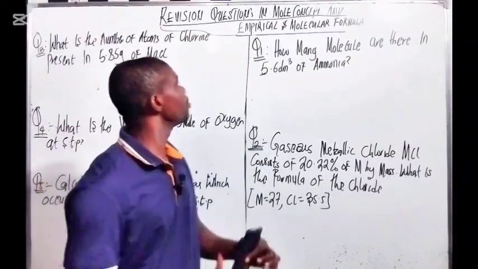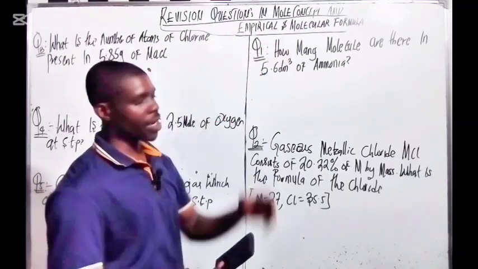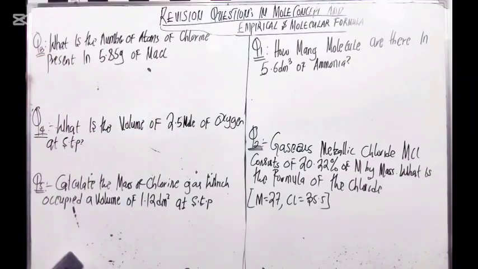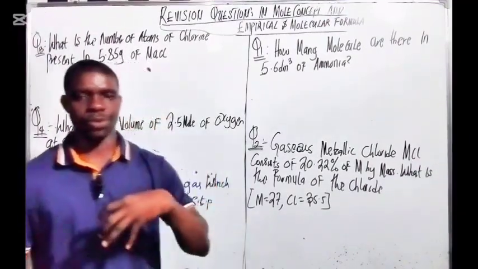Now let's look at some revision questions on mole concept and empirical formula. So you are going to solve question one, question two, question three, question four, question five. The main reason why I'm going to solve only five questions here is because I see how that will